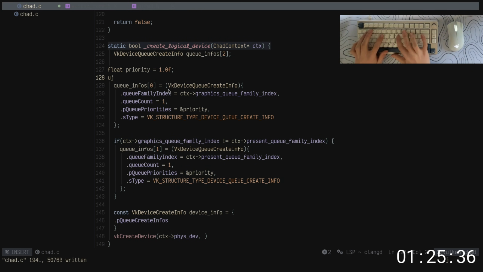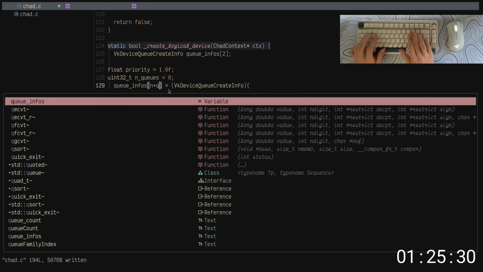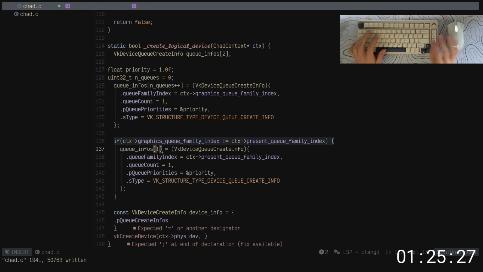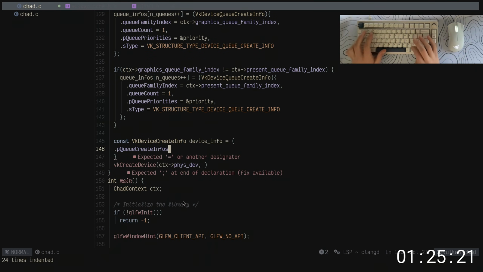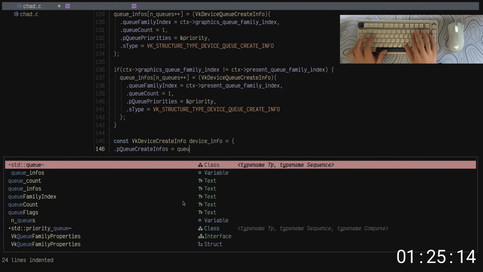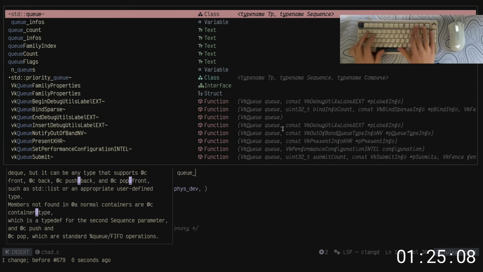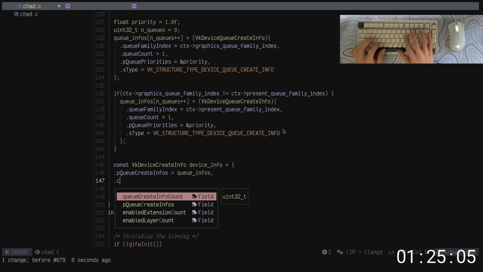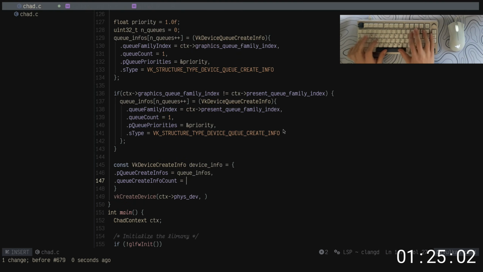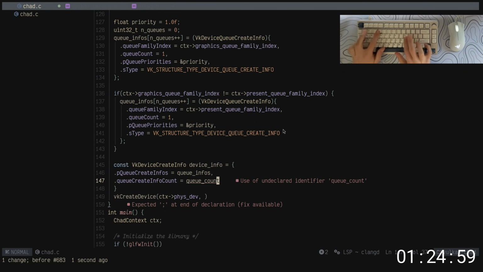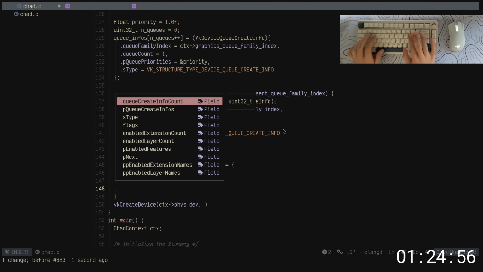And then what we probably want is an nQueues equal to 0, and then do nQueues++ for each queue added, because we need to tell Vulkan how many queues we want in this info. So queue infos count is equal to nQueues, right? nQueues. And yeah, then we kind of need to